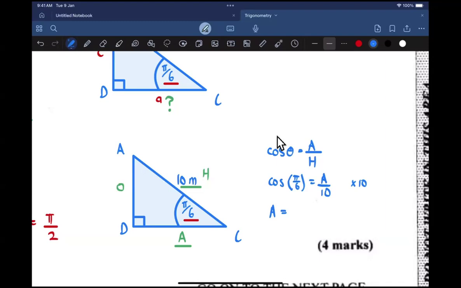I think I'm overthinking too much, but I cannot switch both sides. So I take this side and I put it over here. So A over 10 by 10 is just A. So A is equal to